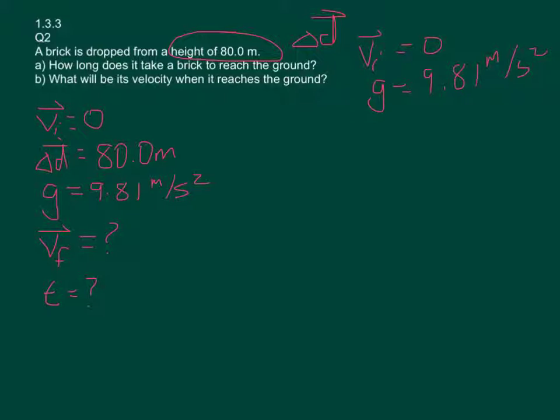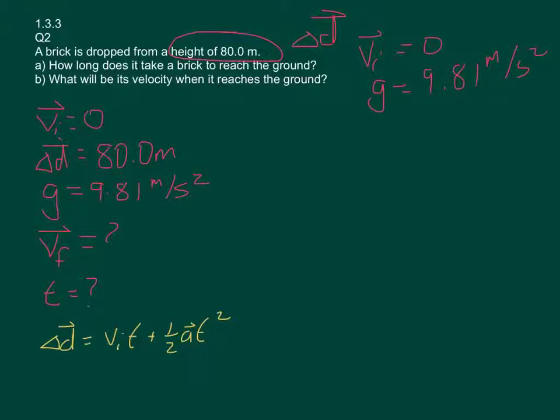So what we really want to do is find time first. So we have a VI, a D, an A, or an acceleration. We want to find time. That takes us right to this formula right here. Displacement is VI T plus 1/2 AT squared. I know I've always said if you don't know T, this is a bad one to go to, but if VI is 0,